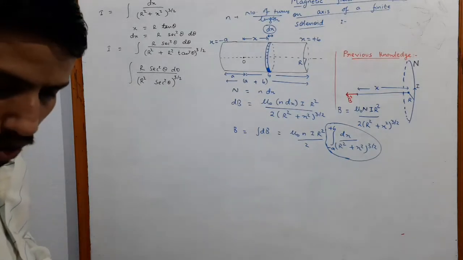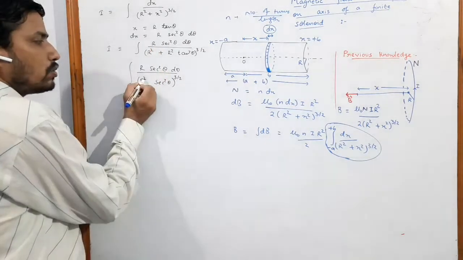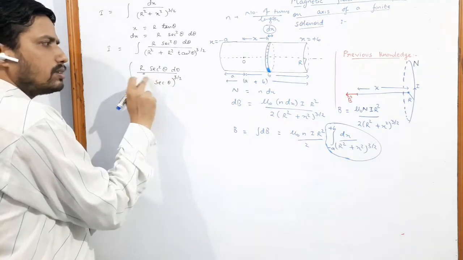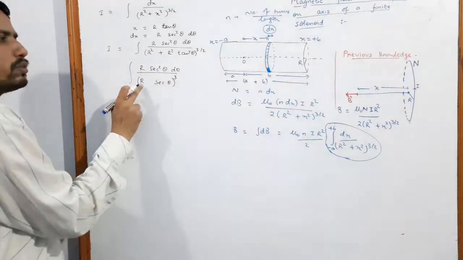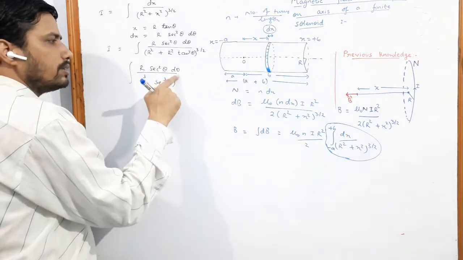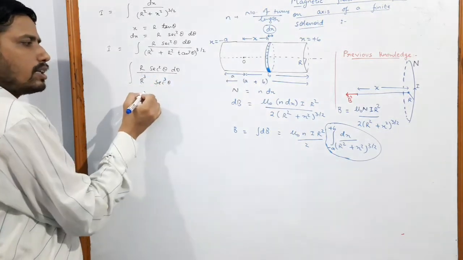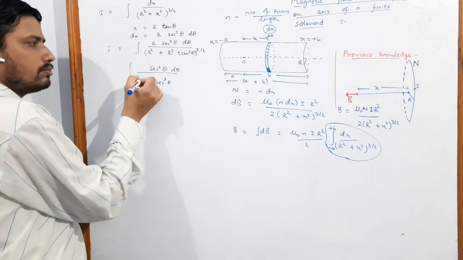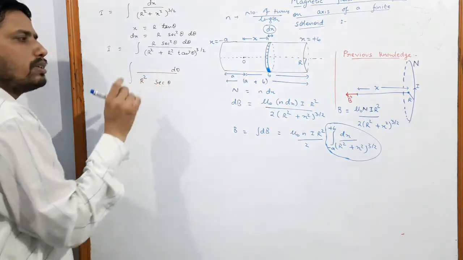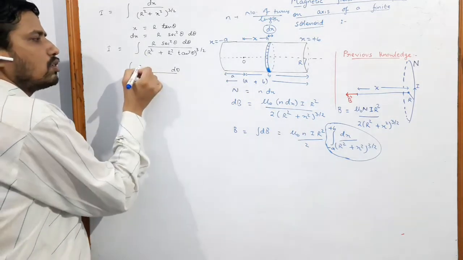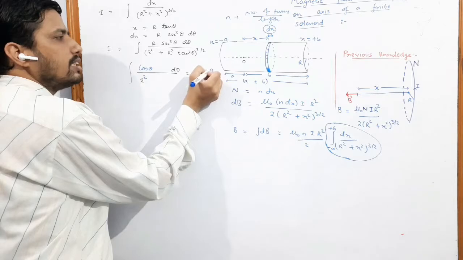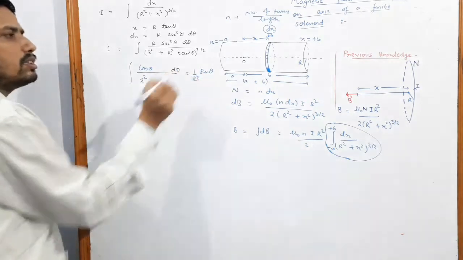Now let us solve further. Here r square sec square theta to the power 3 by 2. So the 2 and this power will cancel. We will be left with r sec theta whole cube, so this will become r cube and sec cube theta. So one r will cancel, we will be left with r square. Sec square theta will cancel, so one sec theta will be left behind, and 1 by sec theta, you know, students, that is cos theta. And what is integration cos theta? Integration cos theta is nothing but sin theta. So the answer is 1 by r square times sin theta.